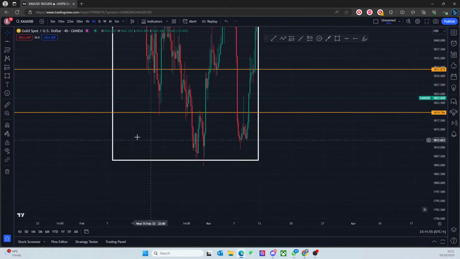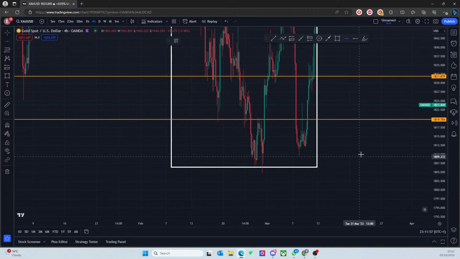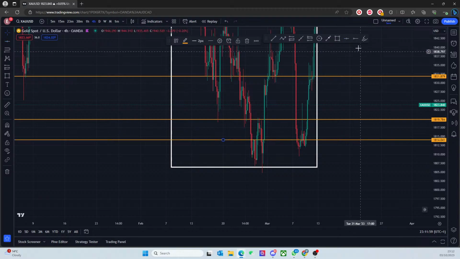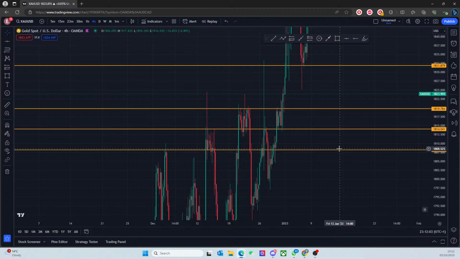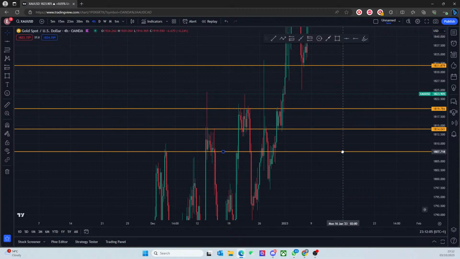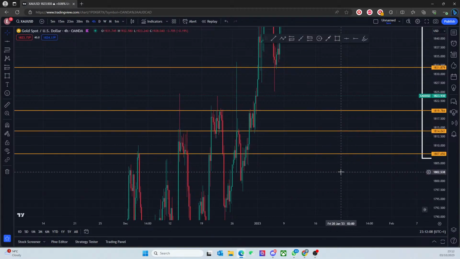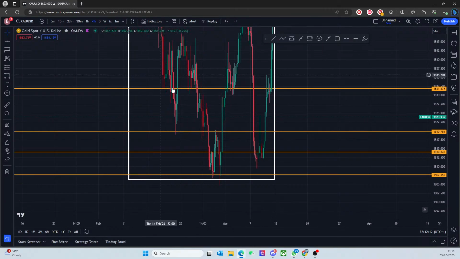What's your next zone? Let's draw that out as well. So you have something minor here, and I would say your next zone is around here. So I'm going to move this slightly lower, so it's about here. So what does this show us, right? Every time price closed below here, we're in this range at the moment.